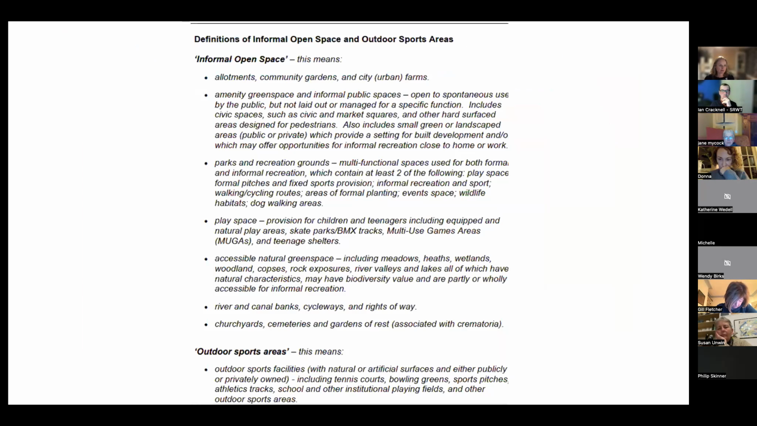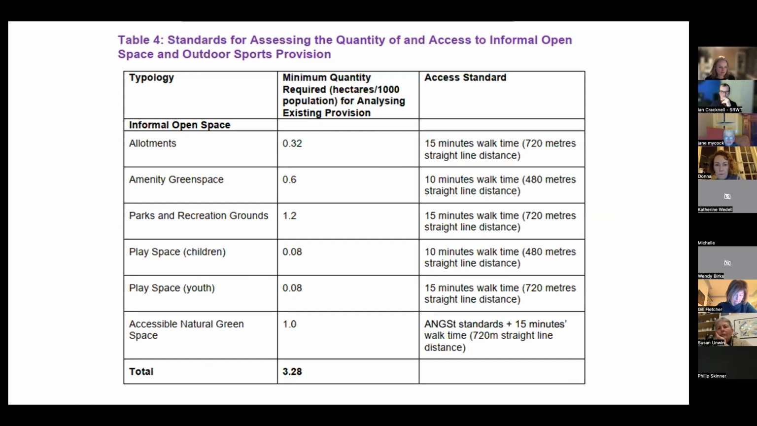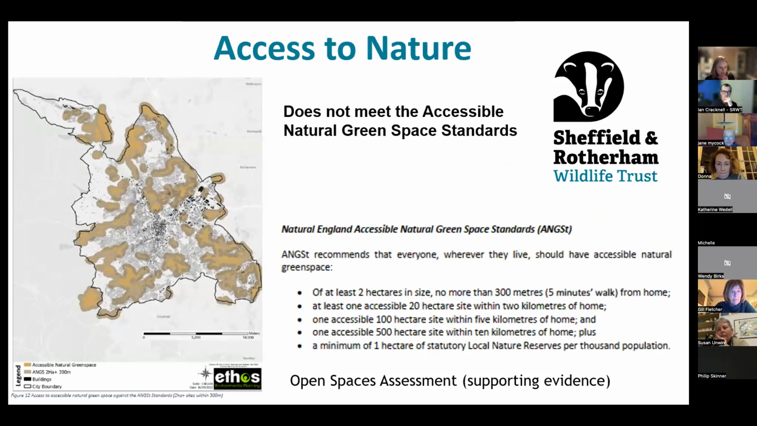But it talks about what is open space. Now, it includes accessible natural green space, which is something we're particularly interested in. We want good access to nature for all the people of Sheffield. And what I did pick up yesterday is it's used the accessible natural green space standards, which are government standards from Natural England, but it's also introduced its own standards. So I'm not quite sure what we think about this yet, because I haven't had time to fully digest it. So when I looked into this open spaces assessment document, which is in the supporting evidence,